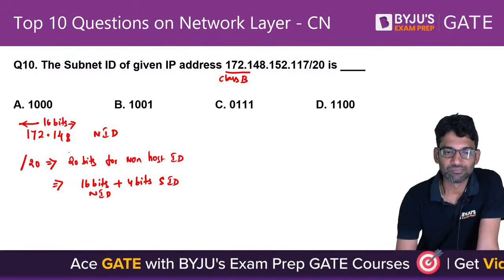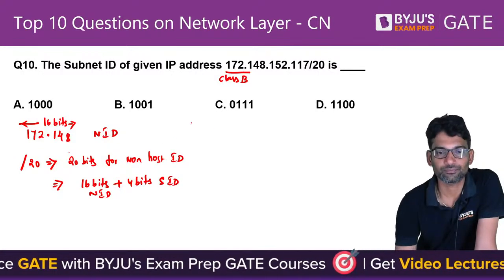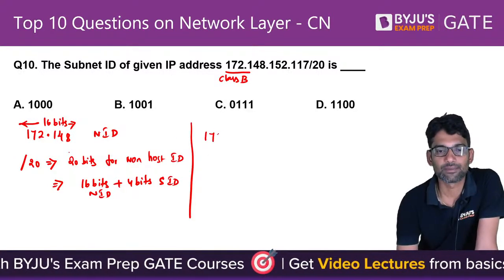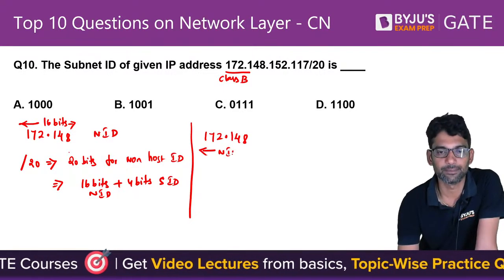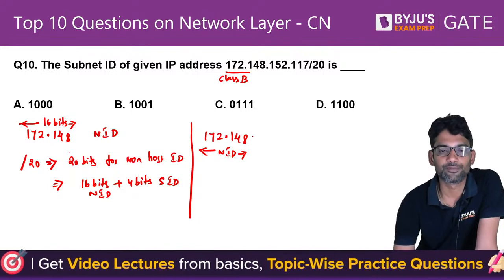So in 172.148, that is representing net ID. In 152,